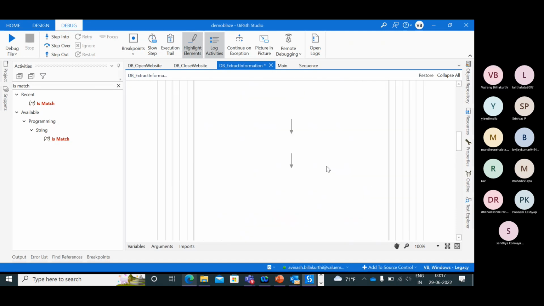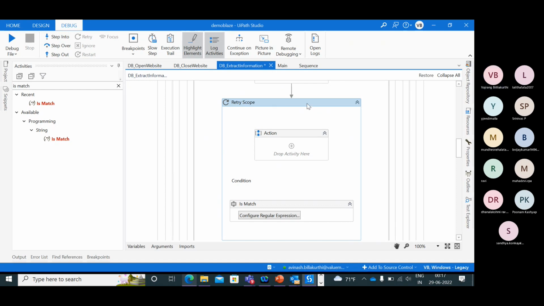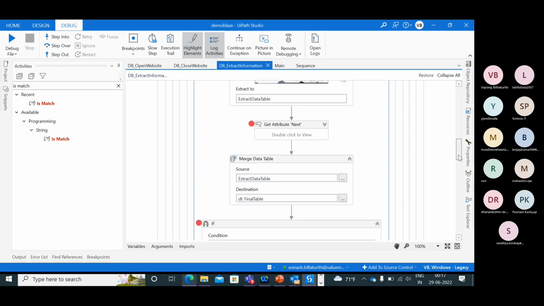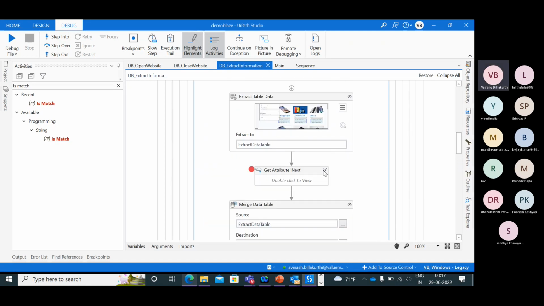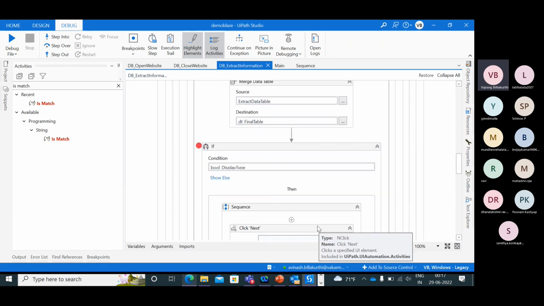Okay, sorry. Get attribute. Delete. This is empty. Okay. So this one, let's try to have a breakpoint and then let's continue.